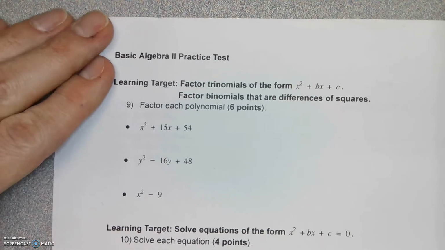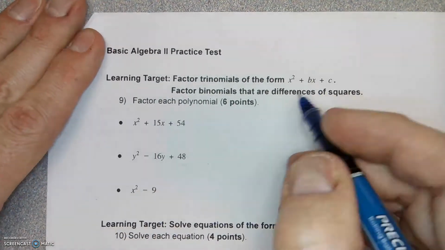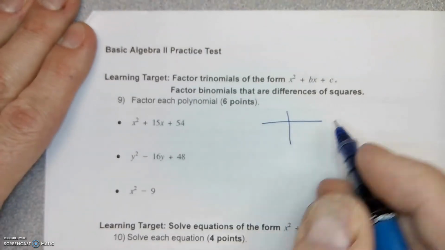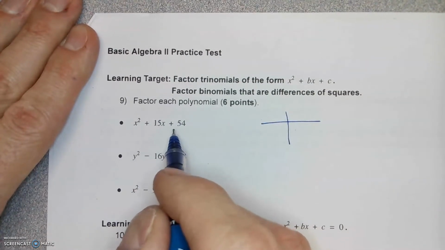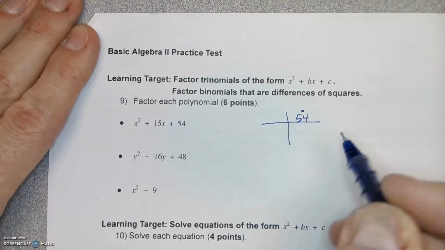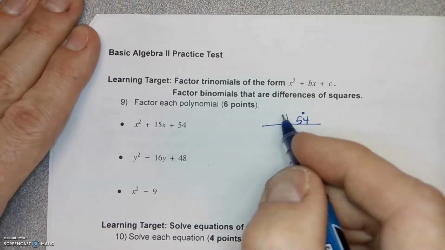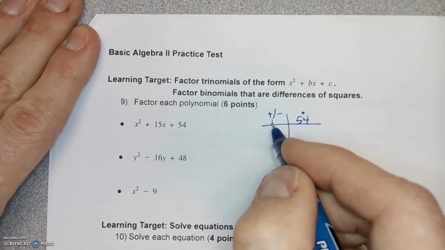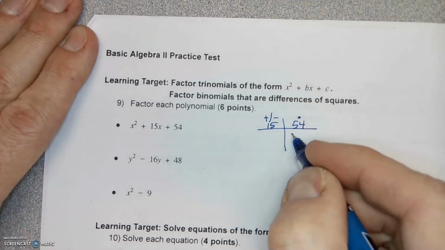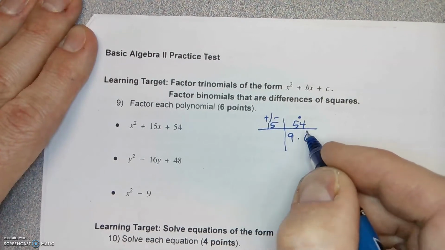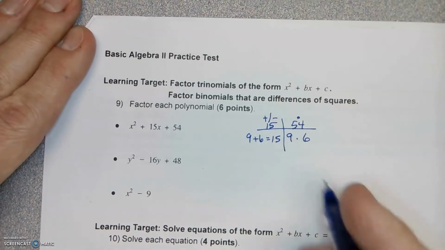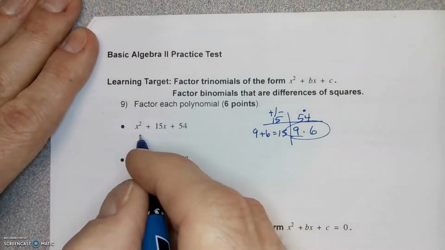All right, right here, factoring trinomials. So we're going to set up our t-chart. We're going to have a multiply column, and two mystery numbers need to multiply to 54, and they need to add or subtract to 15. If you look at all the factors, you will find that 9 times 6 equals 54, and 9 plus 6 is 15. So 9 and 6 are your factors,